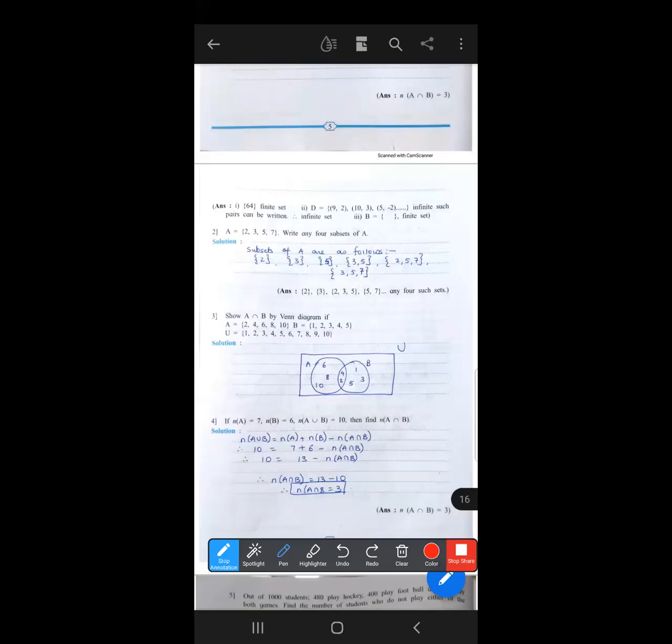Now students, whenever you want to draw the Venn diagram of particular sets, first check which type of sets they are. Now here if you look at sets A and B, some elements are common, that is element 2 and element 4. So it can be shown by the intersection part.